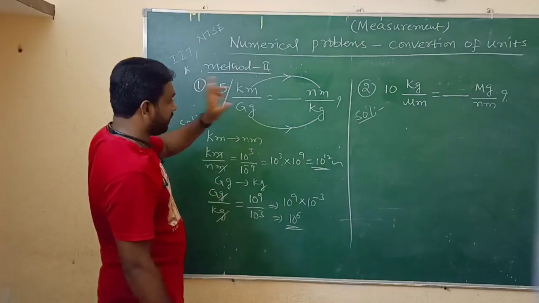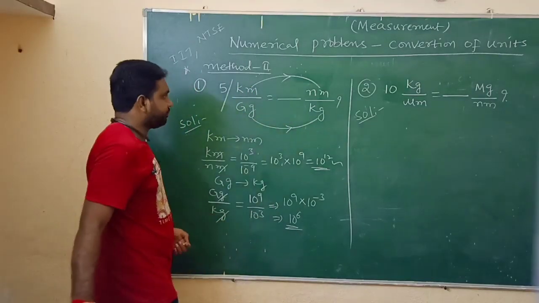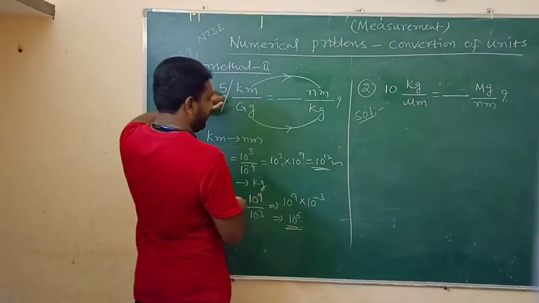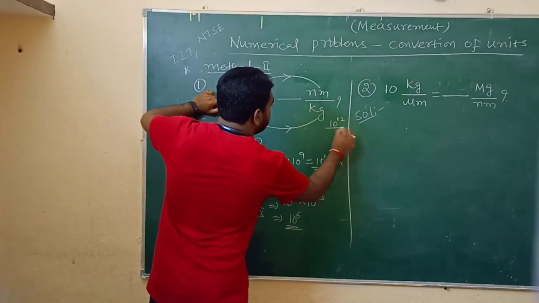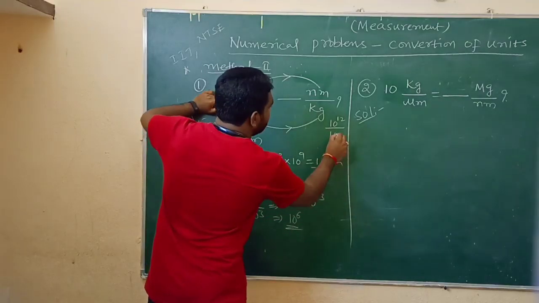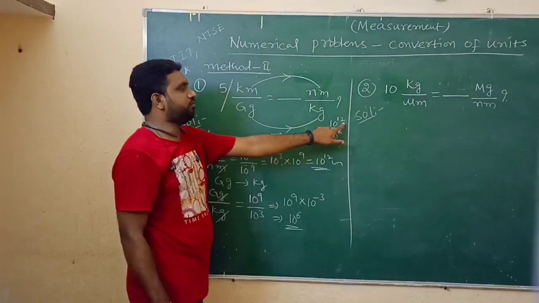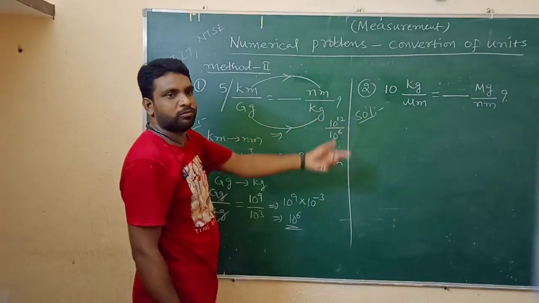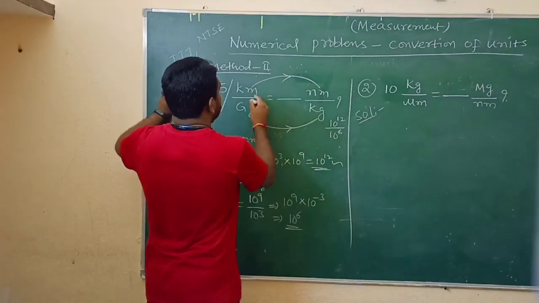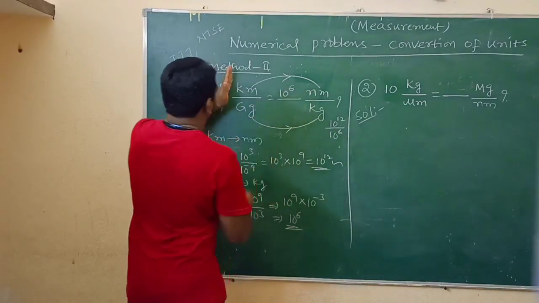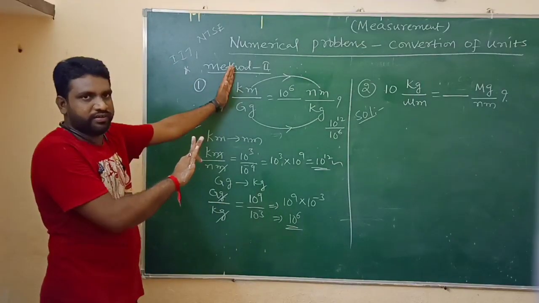What we need to do here? Finally we need to find the ratio. So ratio means 10 to the power of 12 by 10 to the power of 6. What do we get here? If the 6 moves upside, it becomes minus 6. 12 minus 6, how much? 6. What is the answer? 10 to the power of 6. So up to here is completed. Numerator by denominator, we got 10 to the power of 6. Everything is right.